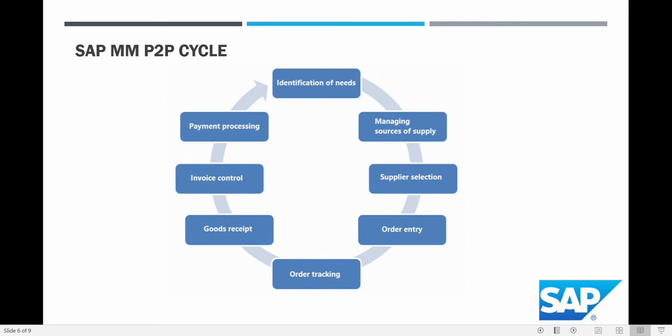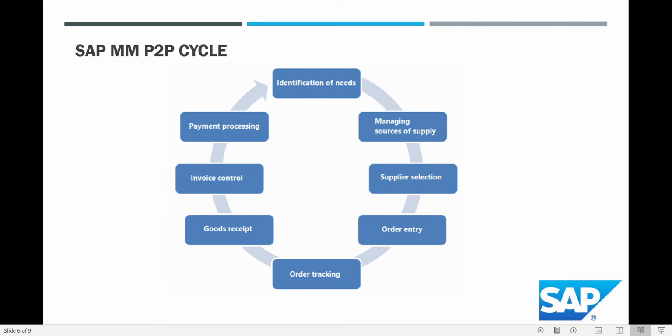After that, they have to do the invoicing and billing so that they can make the payment to the suppliers for the plastic bottles they have sent. Okay, so this is a normal procure to payment process.